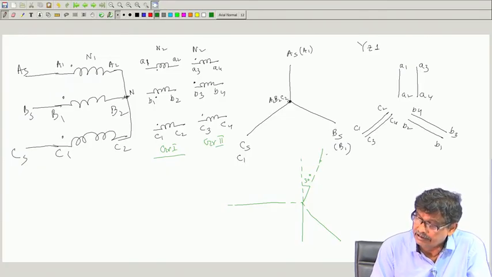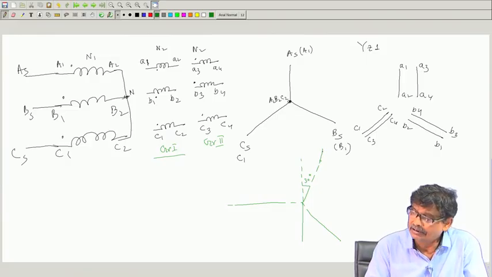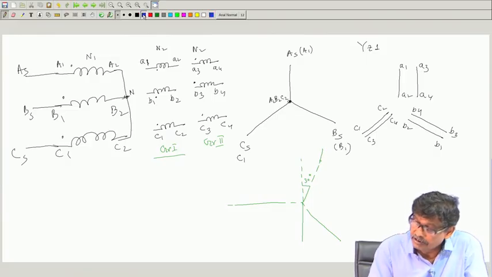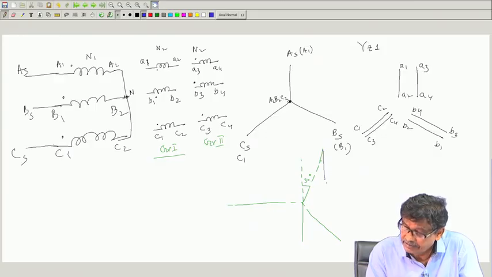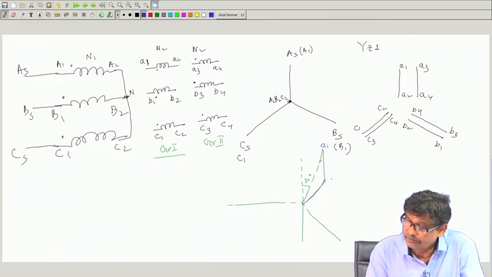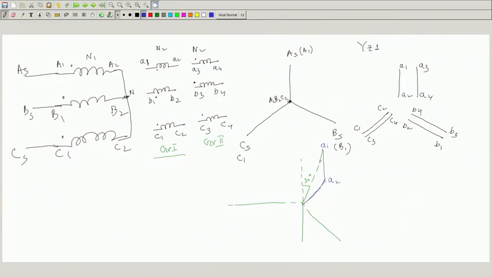Now, while getting this voltage, I want to get A1 generally here. So, your output voltages will be this and this, and as you can see it is A1, A2, and this is parallel to C phase, and this I will take C3, C4, is not. Similarly, this can be broken up into these two phasors, and this is B1, B2 and this is A3, A4,